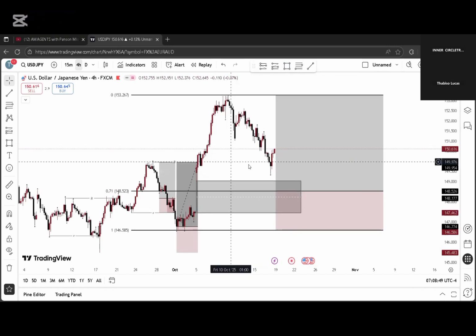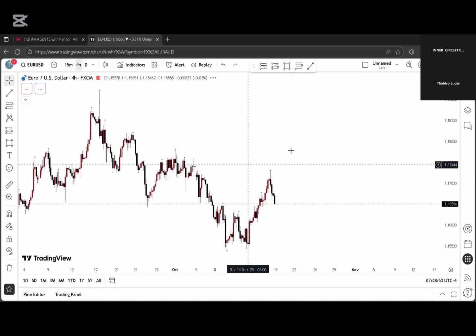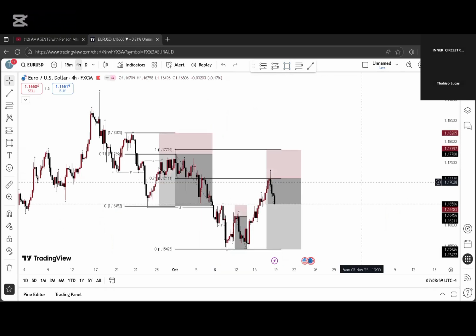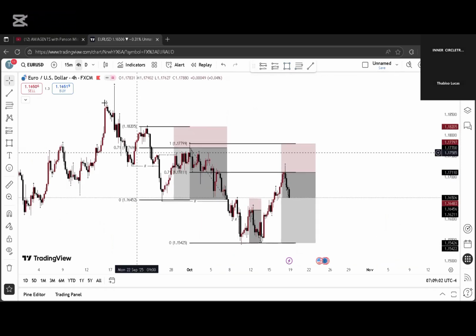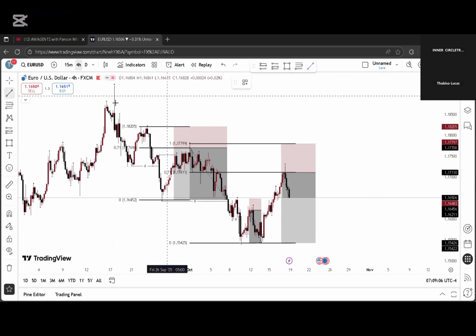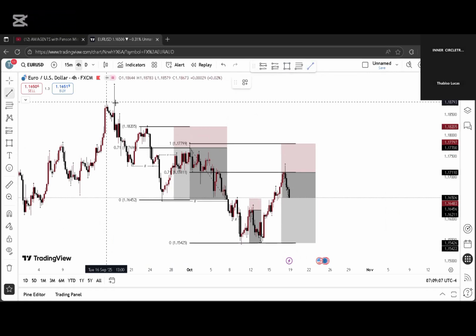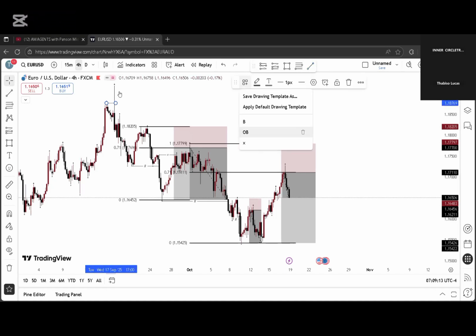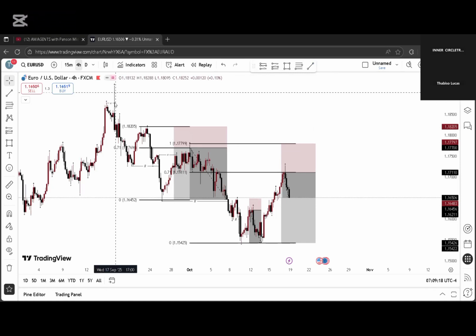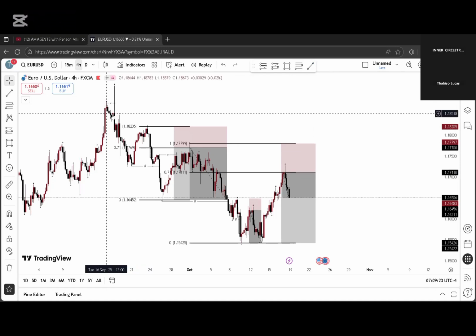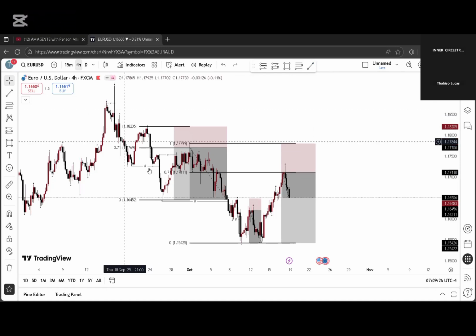Then I'm looking at Euro USD. Euro USD and GBP USD, they kind of have the same setups, right? Here, I saw this liquidity sweep up here. This liquidity sweep was caused by, I think, FOMC, a few weeks back. It swept this liquidity, and then the market further pushed down. There was no valid break of structure here. So this was the first break of structure